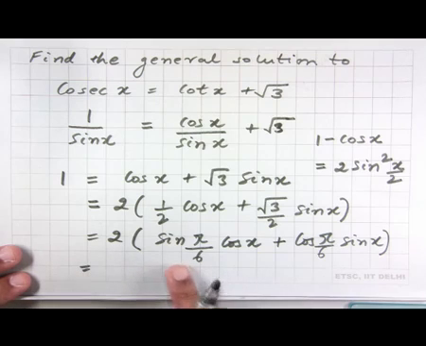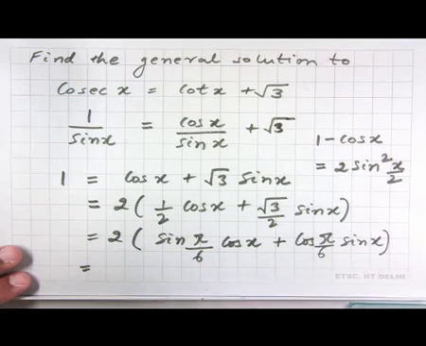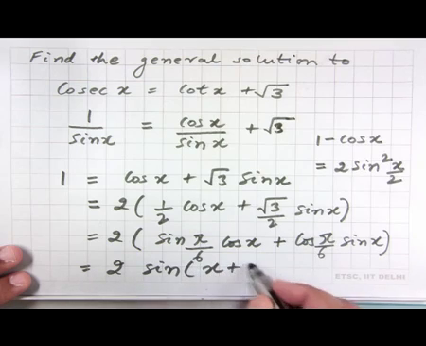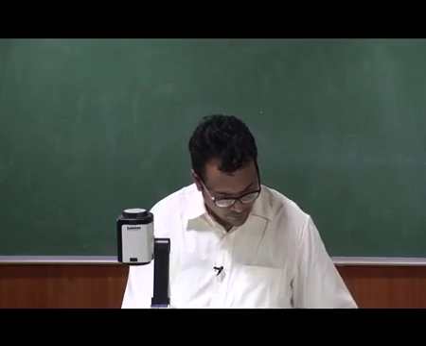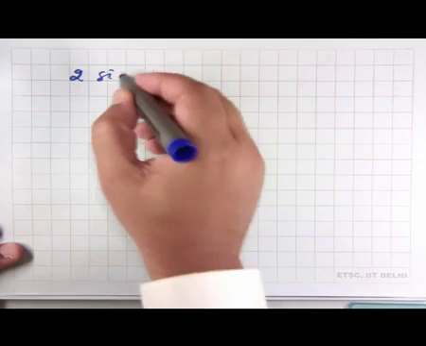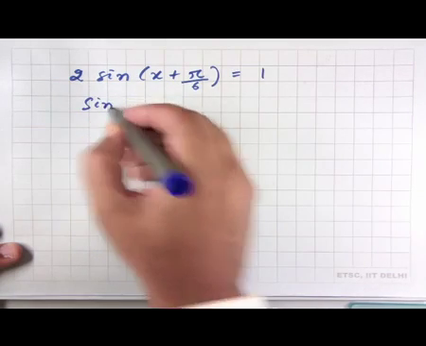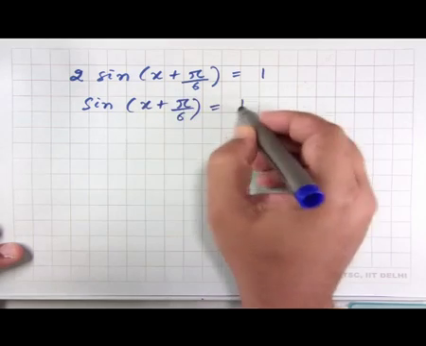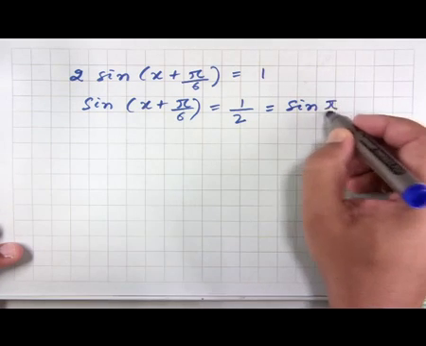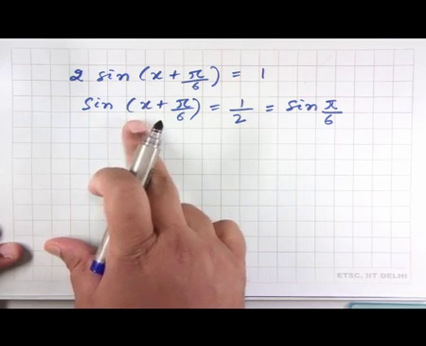And this is of the form sin A cos B plus cos A sin B. So, this thing inside the braces is sin of x plus pi by 6, 2 times sin of x plus pi over 6. So, on the previous slide we reduced that 2 into sin x plus pi over 6 is equal to 1, or sin of x plus pi over 6 is half, but half is the same as sin of 30 degrees, which is pi over 6. So, here we again have an equation of the form sin x is equal to sin y,